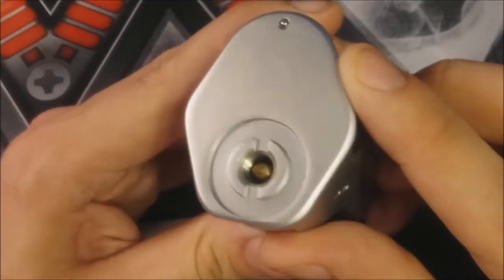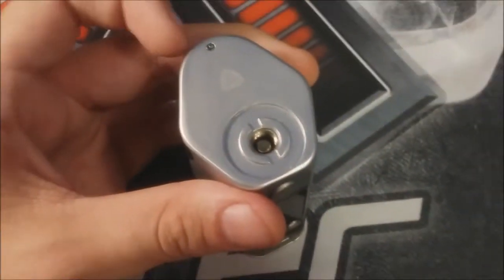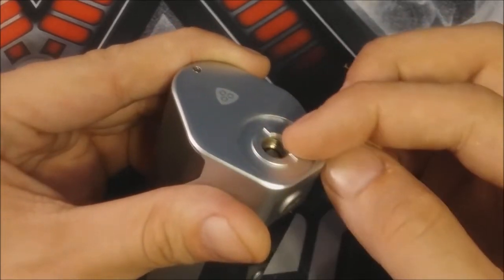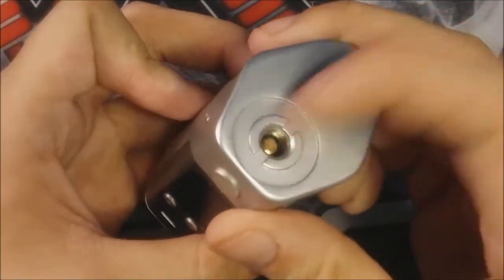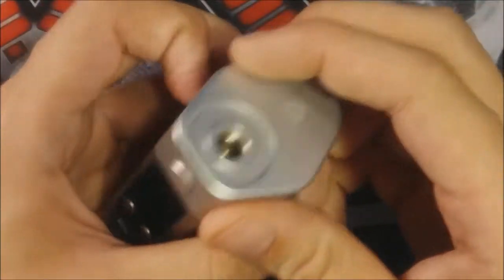It looks like it's the gold plated, same thing as the RX200, and it still is the same 510 that we are used to with Joytech and Wismec devices. It works, but some people have experienced issues with the atomizers not sitting flush or it messing up over time. So I will point that out. They did mention when they were releasing this that it was going to have a new and improved 510, but